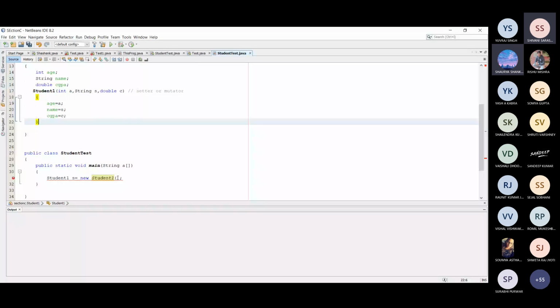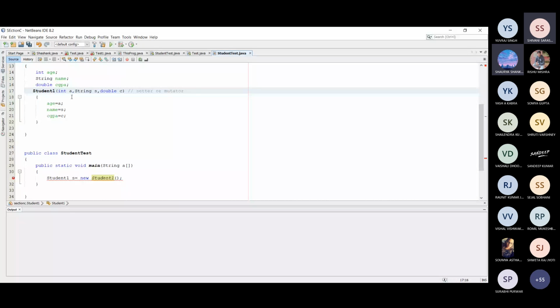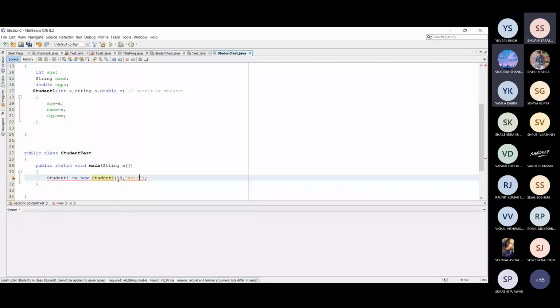So here, in order to call the constructor, there is a parameterized constructor, and in the parameterized constructor there are three values. The first value is of type integer, the second value is of type string, and the third value is of type double CGPA. In this way an object is created, and at the time of constructor calling, age, name and CGPA are initialized. So this is the benefit of constructor calling.